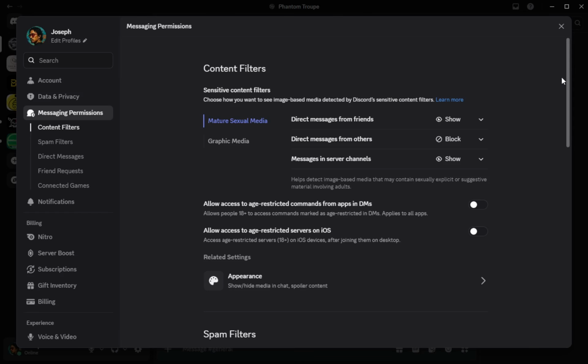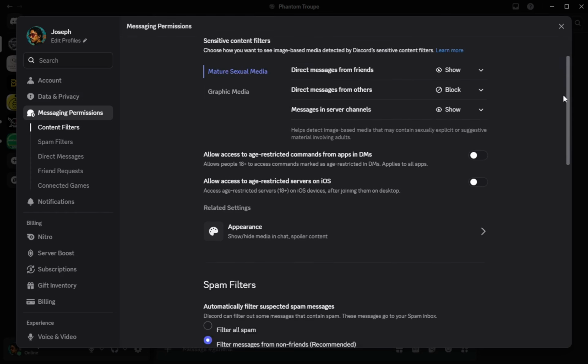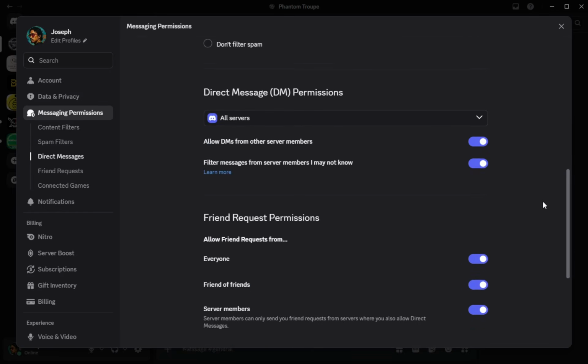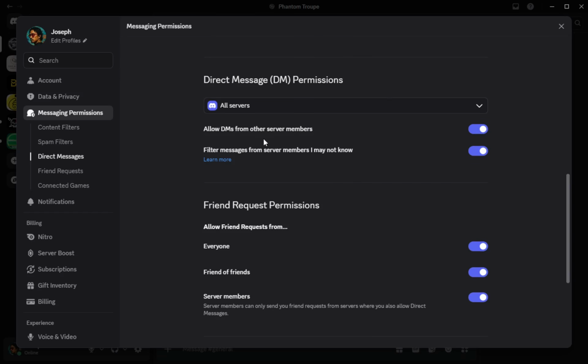Under Direct Message Permissions, adjust who can send you direct messages. You will see choices such as allowing messages from server members or limiting them to certain groups. As you click different options, the switches and checkboxes update right away, so the change is active without any extra save button.